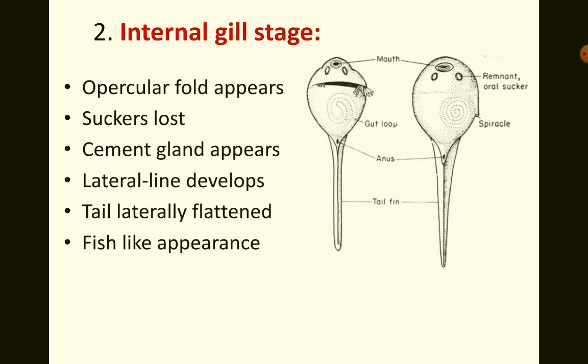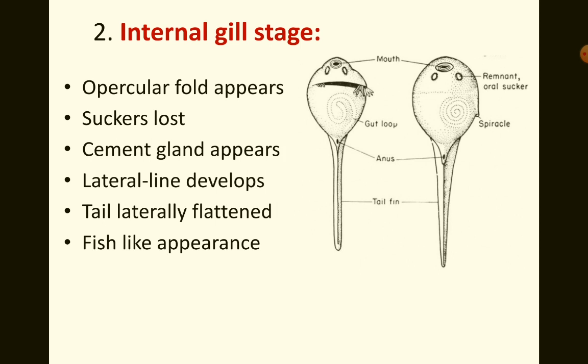Now in internal gill stage, what happens? Till this, the larva in the external gill stage swims actively by its tail, feeds on aquatic vegetation, and increases in size. Then the external gills will be present only for a short duration, and they will be soon replaced